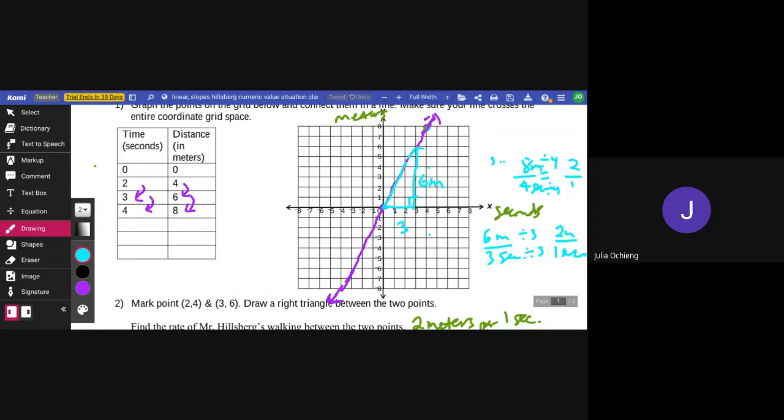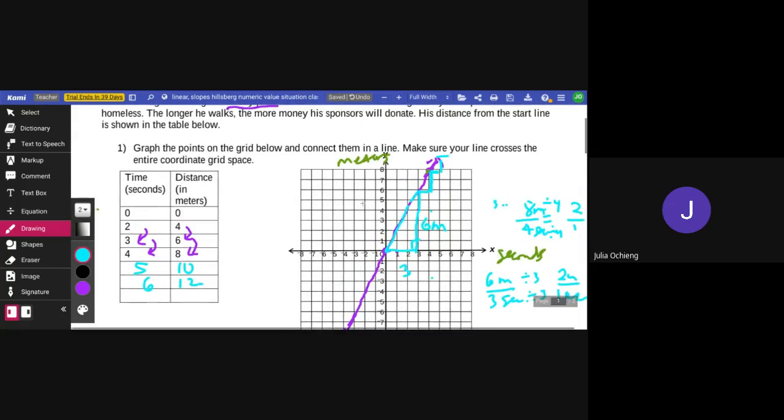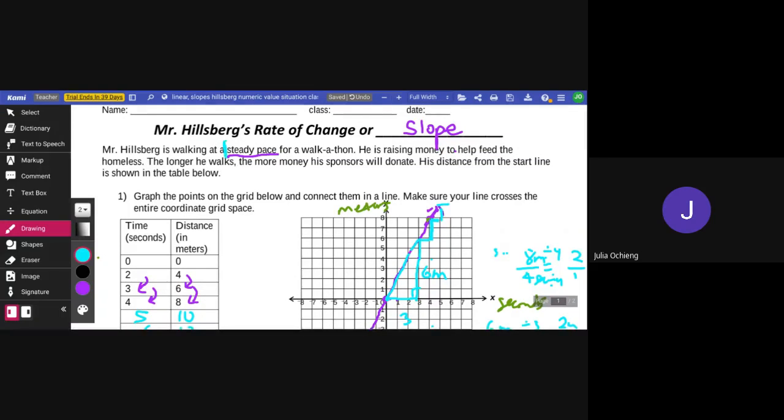So if I go over 1, it's going to go up 2. So every 1 second, it's going to go up 2. If I went over 1 more and went off the graph, it would go up 2 and go up to 10. So after 5 seconds, he would go a distance of 10. If I went another 1 step up on that line and I went 2 meters over, it would be at 12. And so because he's going at a steady rate, by definition, steady rate, this steady pace, that means steady rate of change. And a steady rate of change